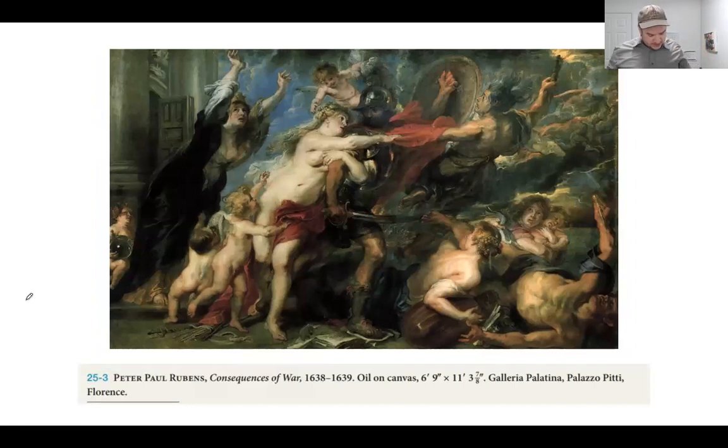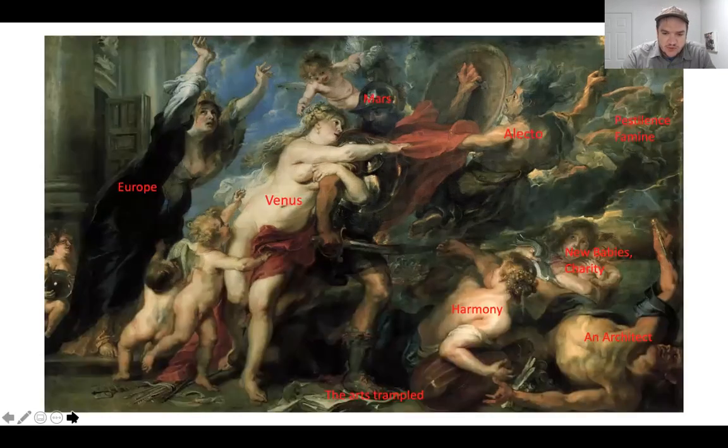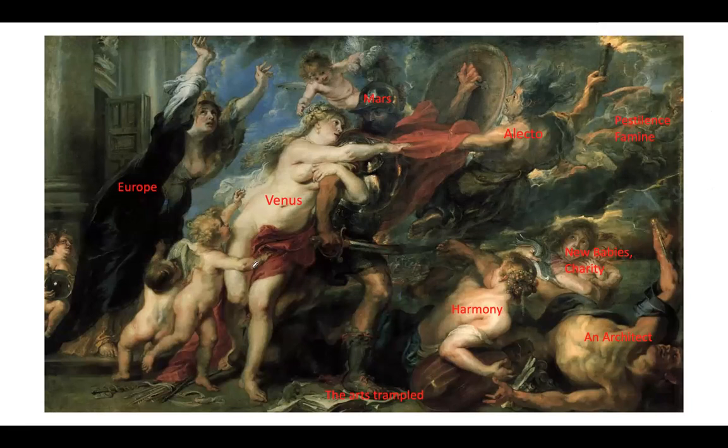So we have the Consequences of War here. And this is a commentary on the Thirty Years' War. And it's an allegory. So I went through and labeled everything that's going on because it's kind of complicated, but also obvious at the same time, which is the thing about allegories. Like I said, Rubens was upset about the Thirty Years' War. In order to illustrate that, he has